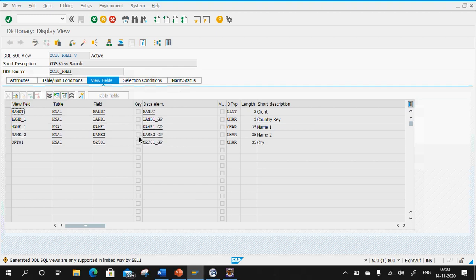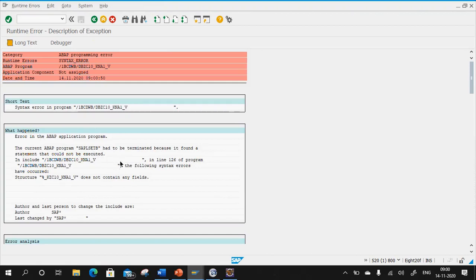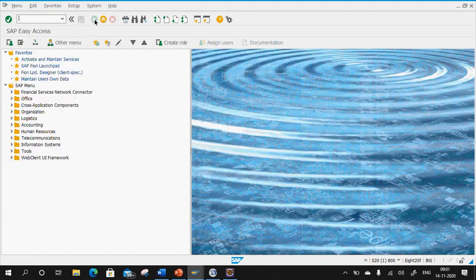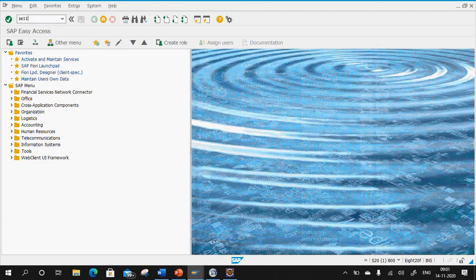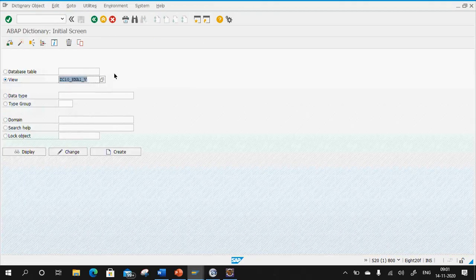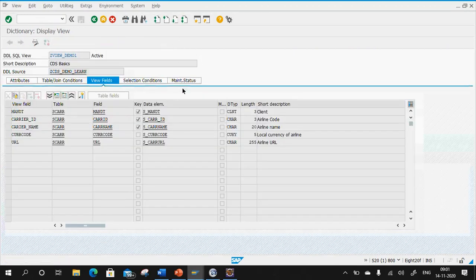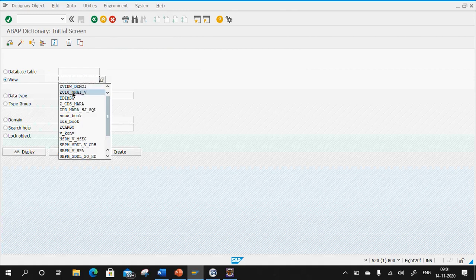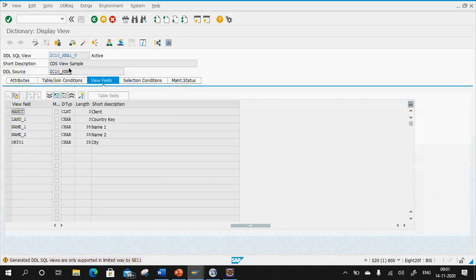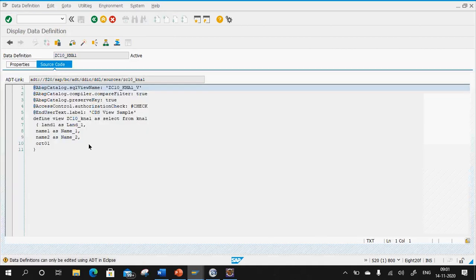You have to view the data when you try to view. Why are you trying to view the data from here? You should be able to view the data from here, because it's a database object, right? See, this was my view name, right? Yeah, I can see the data there. So then let me go to your SQL view name, what you have created. Sorry, your DDL source name.